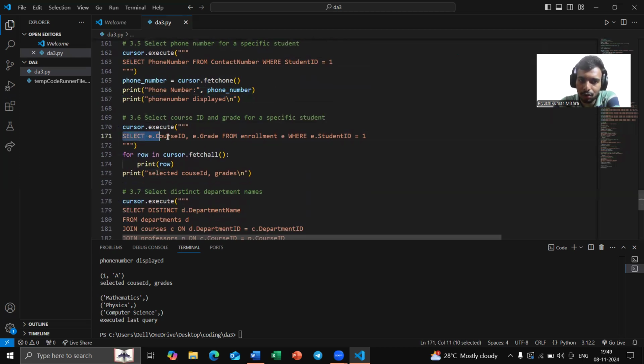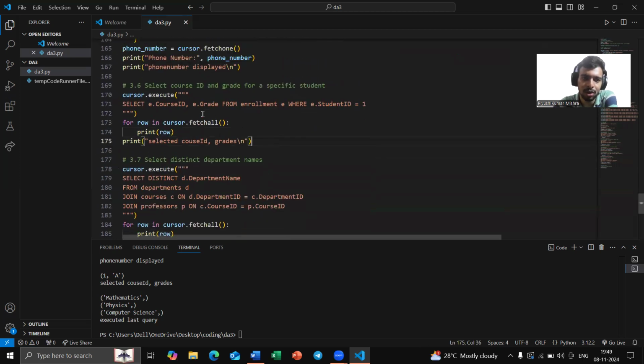cursor.execute: select e.course_id, grade from enrollment where student ID is equal to 1. For that student, you have to display course ID and grade from the enrollment table. Because we have to fetch two things, it will be fetched inside a for loop and it will display each individual element of that for loop here. After displaying it, it will print selected course ID and grades because there is no error in executing